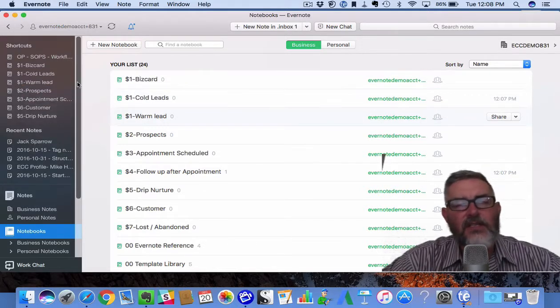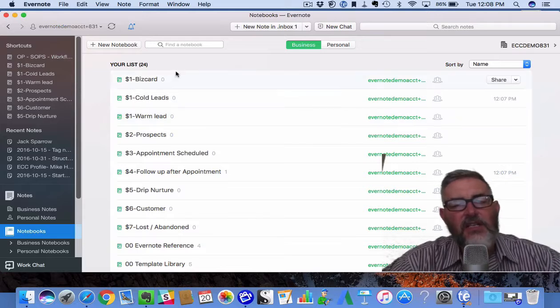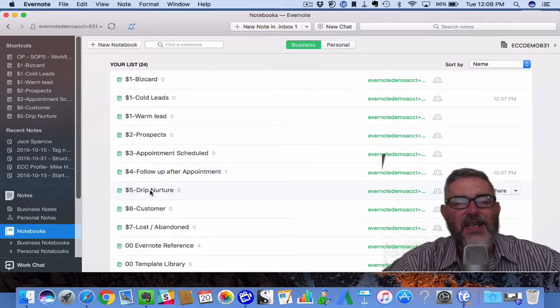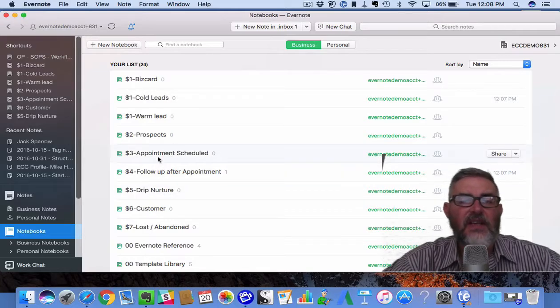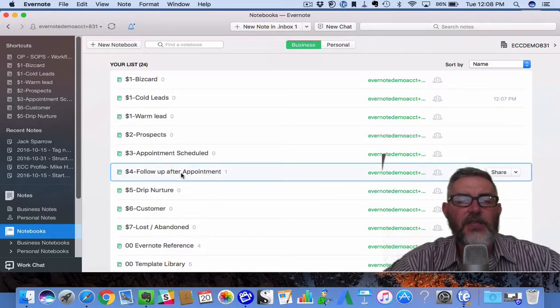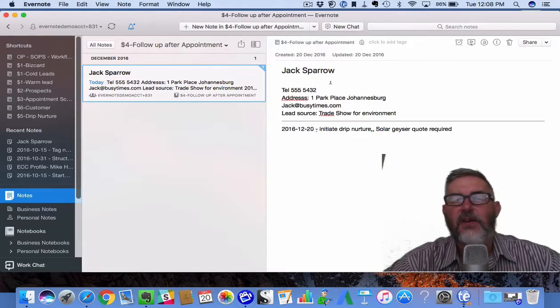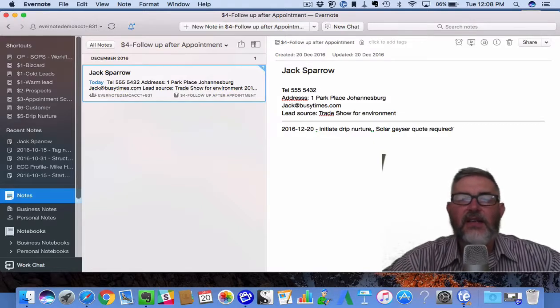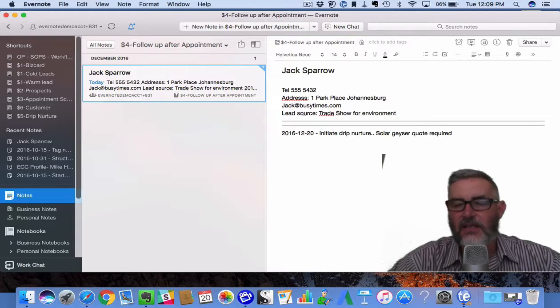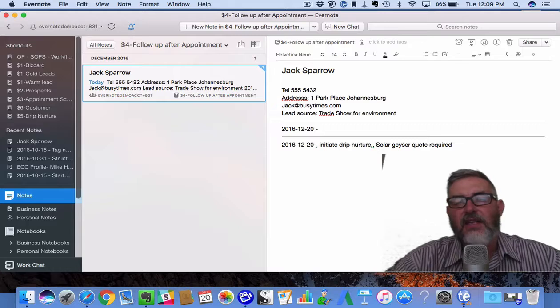So everyone has a different sales cycle, but each notebook becomes the next step in your sales cycle. So you can see now, follow up after appointment, I've got Jack Sparrow. So what I do here is I create the quote for him. All right. And I then put a line underneath. I go into the next thing and I put the date, and I then say this would be the 21st